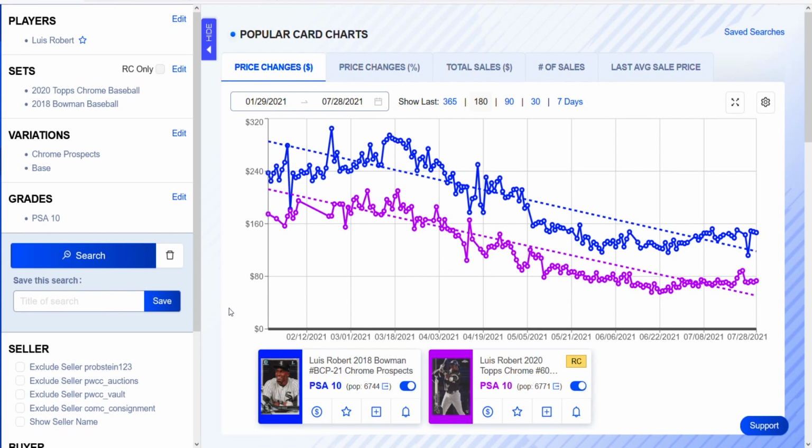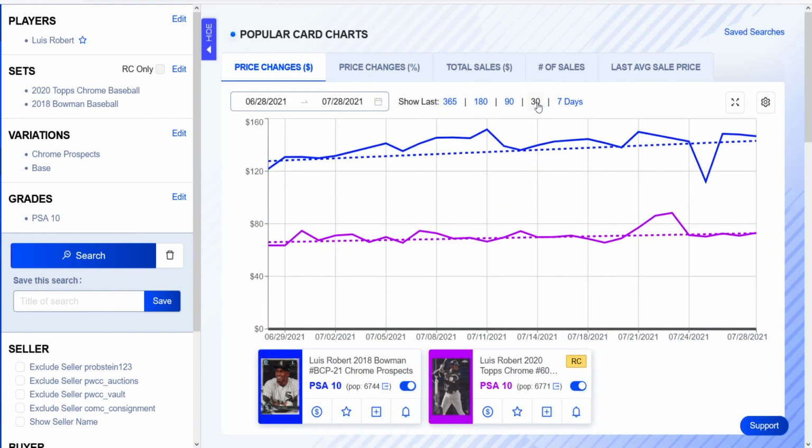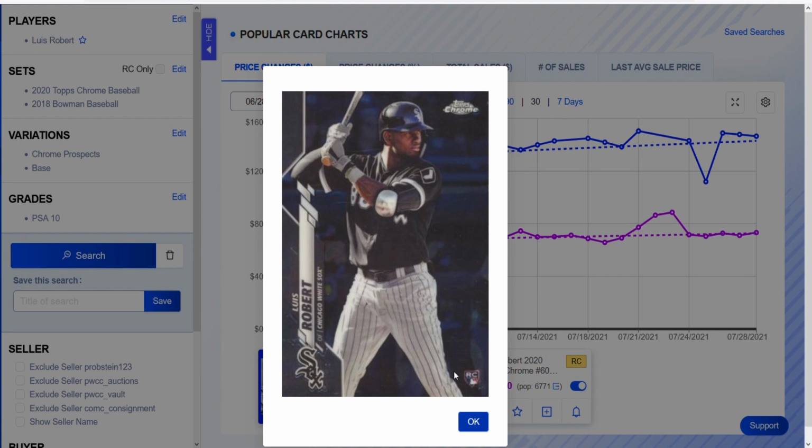Only time will tell. For Robert, there are a lot of affordable options. Most of his cards are at an all-time low, due to him being away for the majority of the year. But some of his cards have seen an uptick recently as his return approaches. Depending on your budget, I'd be looking at his Bowman First and his Topps Chrome